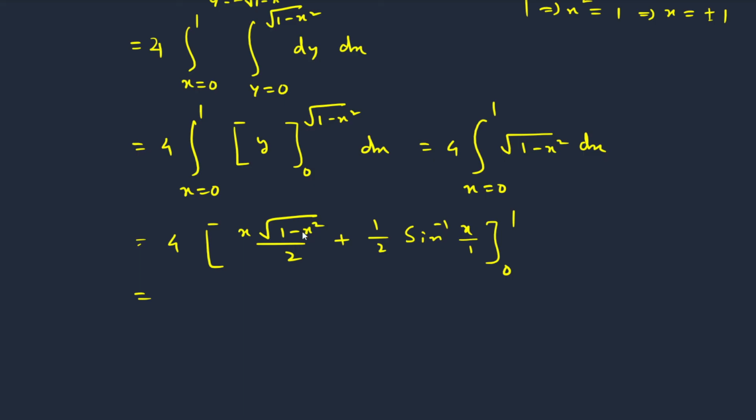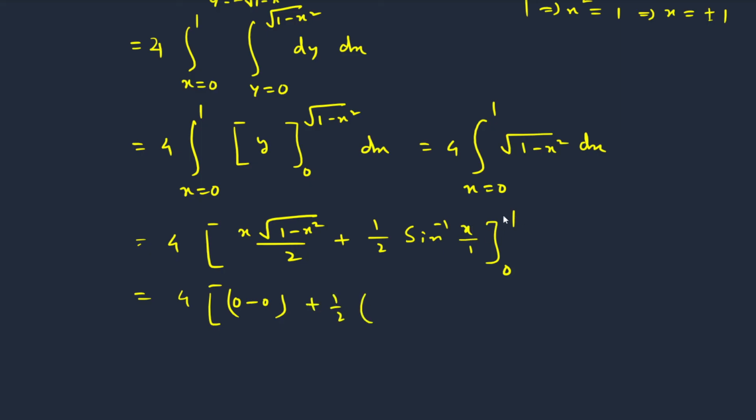So here when you put upper limit 1, it will become 1 minus 1, 0. If you put lower limit 0, then outside we have x. So in place of x, when you put 0, this part will become 0. So if we put upper limit, then also this is 0. If you put lower limit, then this part is 0. So first part is gone. Now half into, now here, if you put